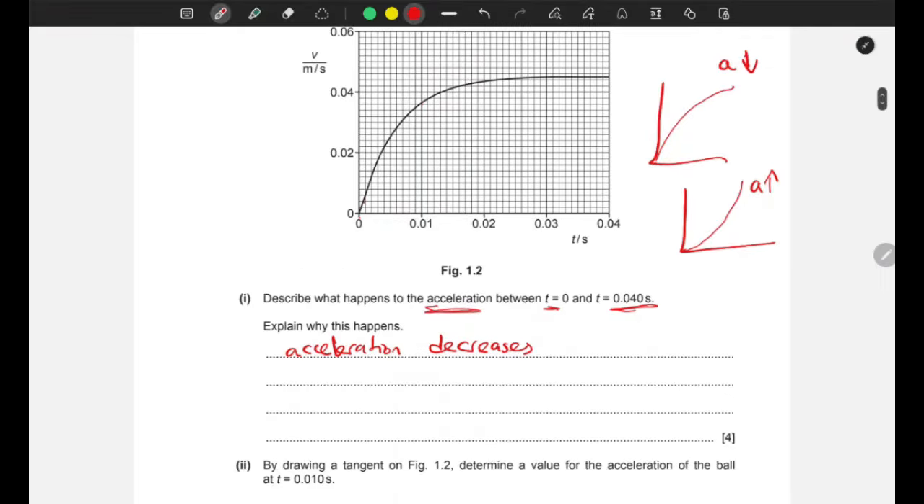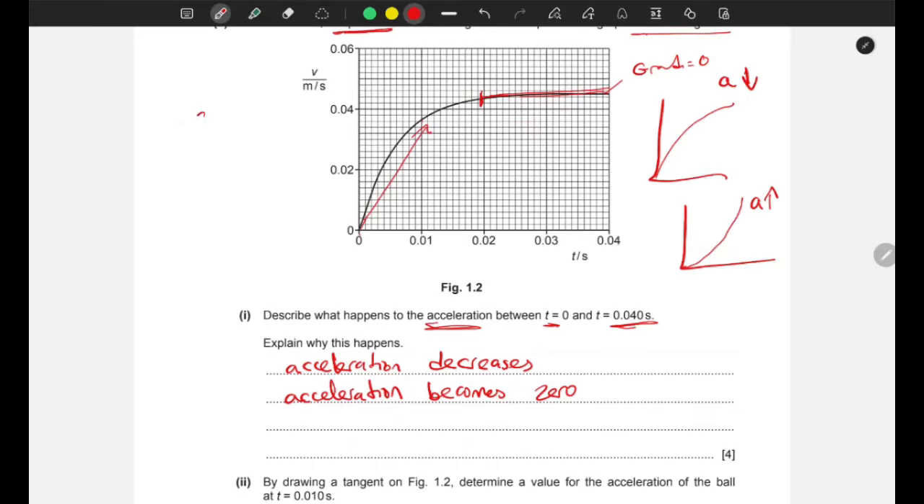And after around time 0.02, we see that it becomes a straight horizontal line. So when this happens, gradient is 0. Since gradient is equal to acceleration, acceleration is also 0. So we can say acceleration becomes 0. And then why this happens is because, as the speed is increasing, the resistive force also